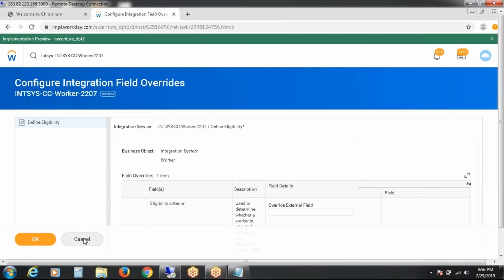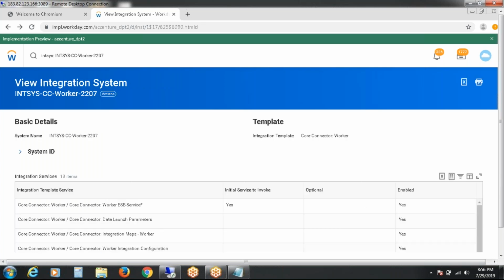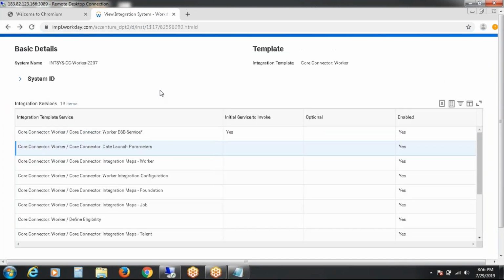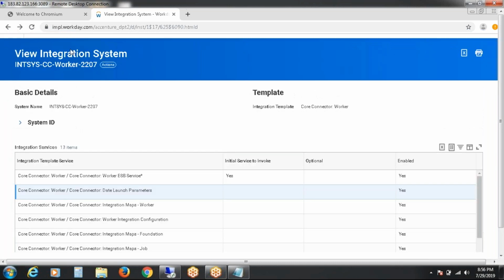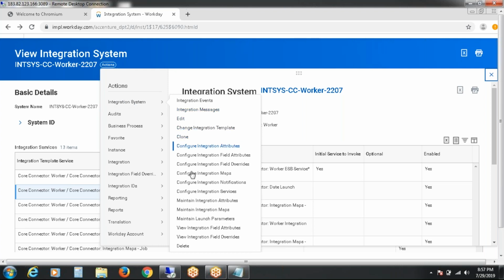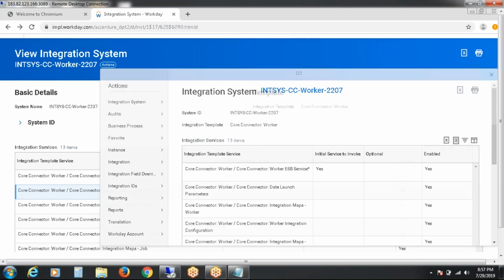No, not this one. Before that, we need to call some custom integration service. Configure integration services.